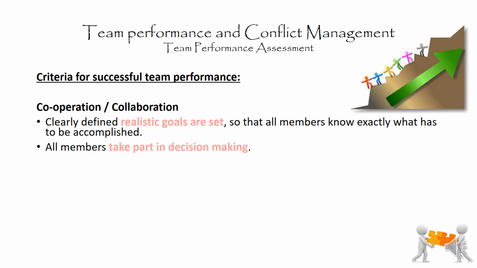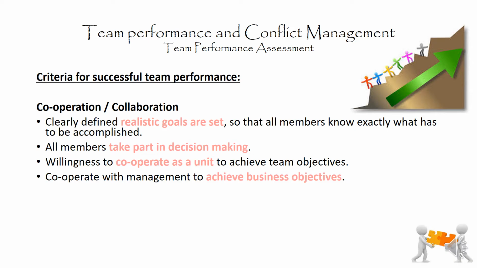All team members must take part in decision making. All right, so it's not a case of one person making the decision and just delegating. That kind of defies the purpose of a team. The whole idea of having a team is that they can have discussions in this team and eventually reach a decision together. What is very important is that all team members must cooperate as a unit. Team members cannot be working against each other. They are working together to reach a common goal. So they must be working together. They must cooperate with one another and not work against each other all the time.